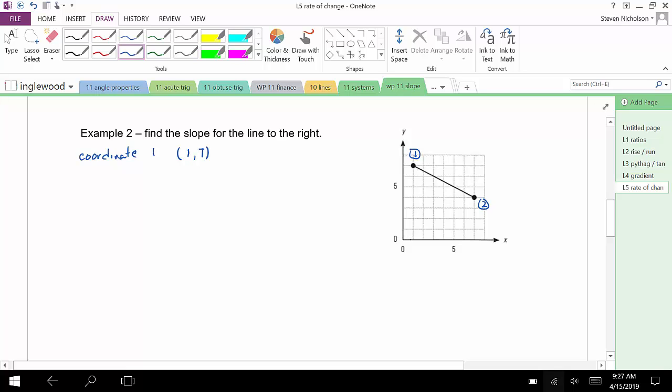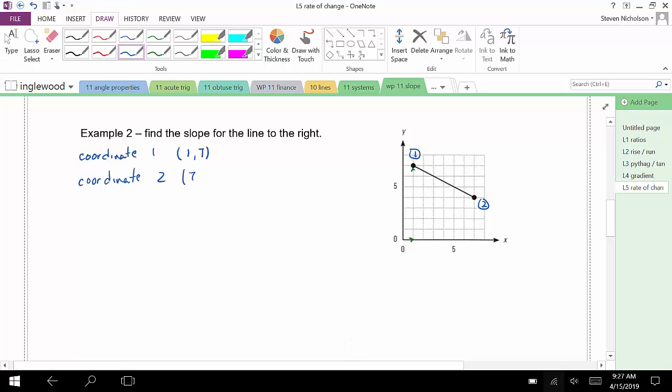So again, we go from 0, 0. We always go the x direction first, and then we go our y direction. So we go right 1, up 7. There's 1, comma 7. And coordinate 2